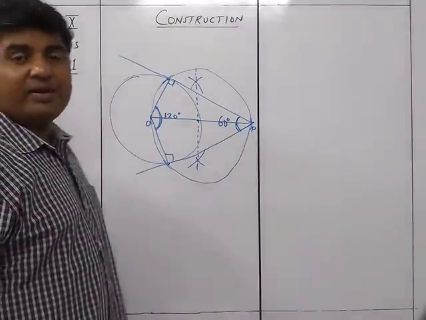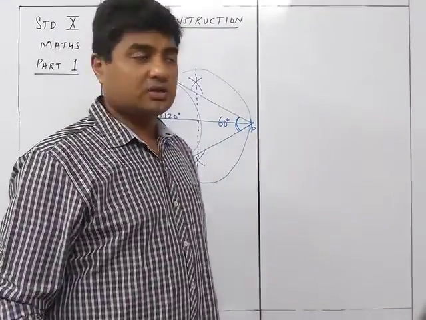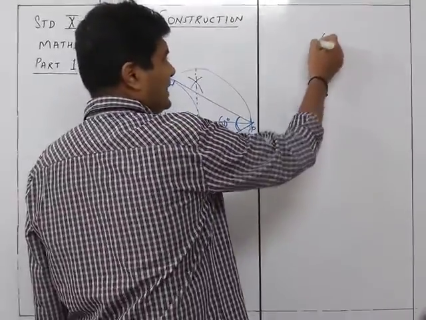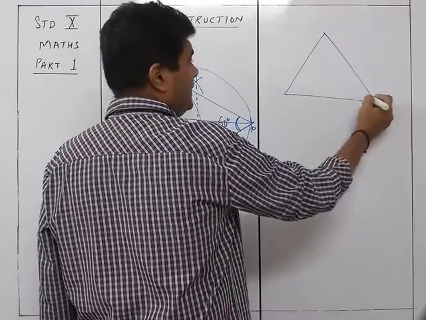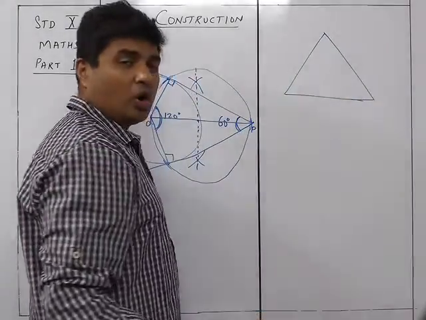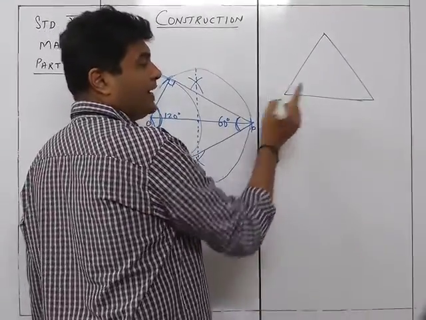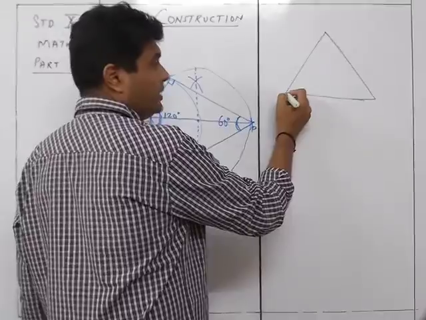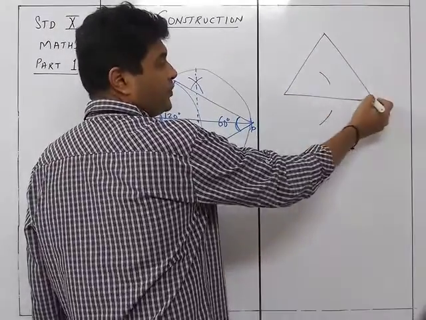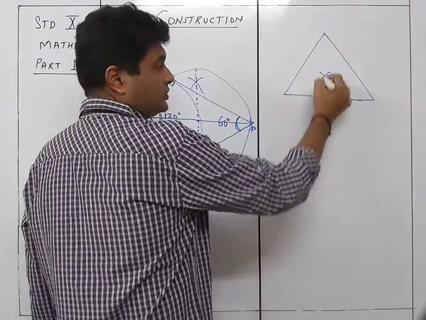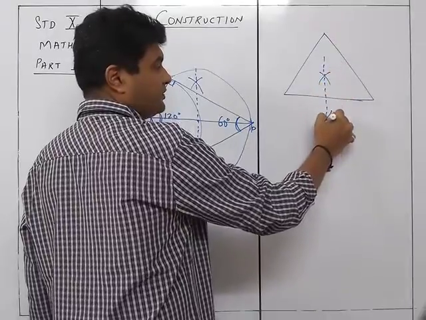The next what we are having is incircle and circumcircle. So very clearly we know that if I am drawing a triangle, and to this triangle I am going to draw the circumcircle, then I am going to draw the perpendicular bisectors of any 2 sides. So from here perpendicular bisector up, cut like this. So this is your first perpendicular bisector of this first side.